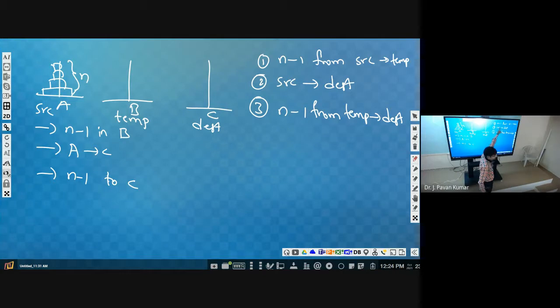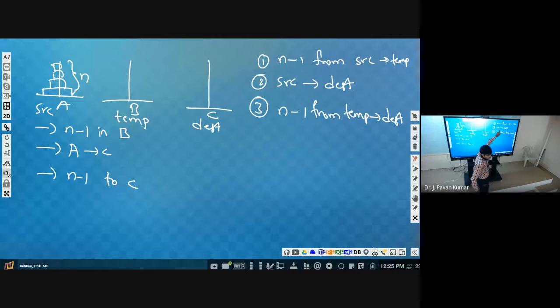What is the first step? Moving n-1 boxes. What is the original problem? Moving n boxes is the original problem. What is this problem? Moving n-1 boxes. So is it a sub problem or not? Both problems are of the same kind, because here also, in order to move n-1 boxes to the temporary, we need to follow the same conditions. So this is one kind of sub problem.